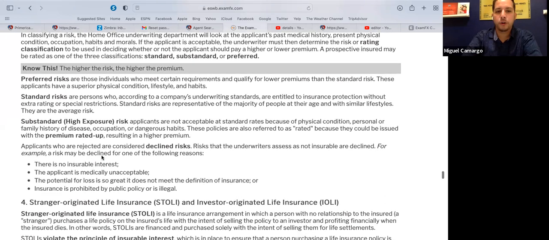Applicants who are rejected are considered declined risk that the underwriters assess that are not insurable. That just means, hey, listen, you got something in your medical records that they just don't want to even take the shot on it. Like if someone has had a felony in the last 10 years for something very drastic, insurance companies will deny you. If you have cancer, if you have tumors, you have AIDS, you have anything major, heart attack in the last 10 years, and you're still on medication or treatment, generally they're going to deny you for